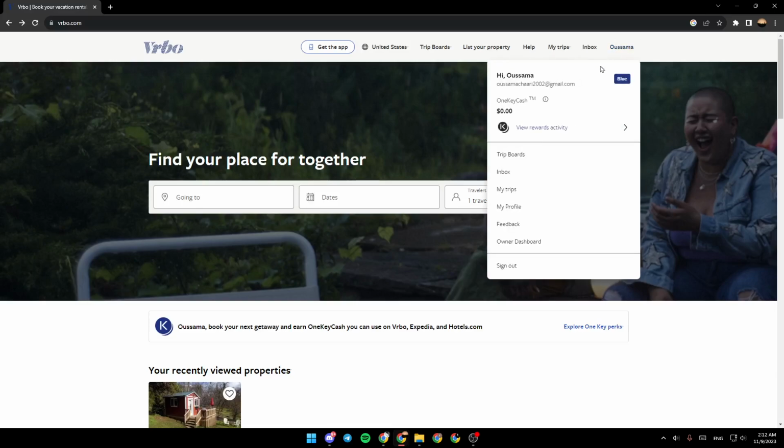Go ahead and click on it, and from here you're gonna find your profile right here. You're gonna also find right here your email address. You're gonna find your balance on One Key Cash. So basically guys, as you can see right here, there is no option to add a profile picture in Vrbo. The only way to add your picture is by going to